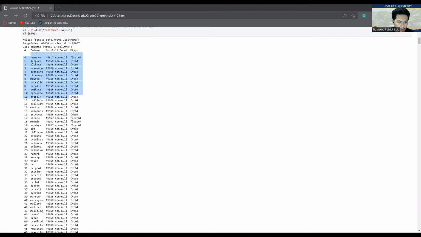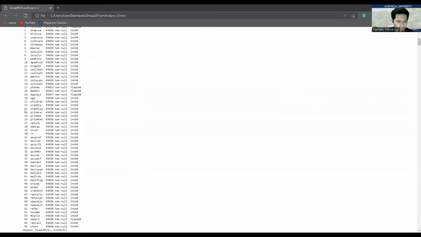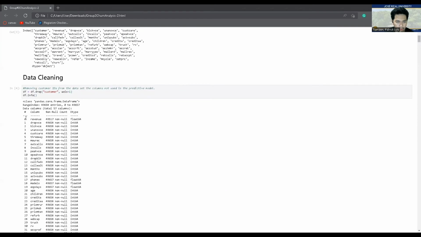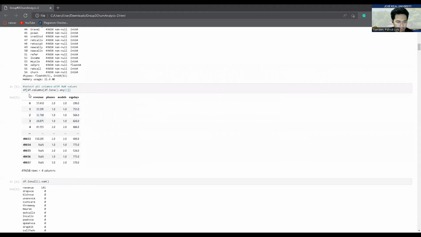It shows here what is inside the dataset and what type each attribute is. As you can see, the computer shows automatically if there is a null value.